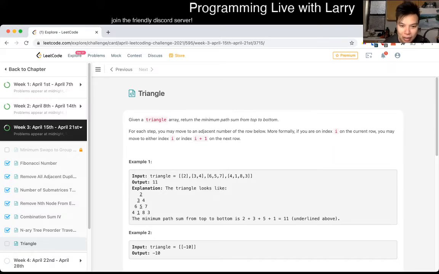Triangle. Given a triangle, return the minimal path from top to bottom. There are variations of this, but this looks to be a fundamental dynamic programming problem, and you can do this recursively for sure. But I think these kinds of problems are a good first try at bottoms up